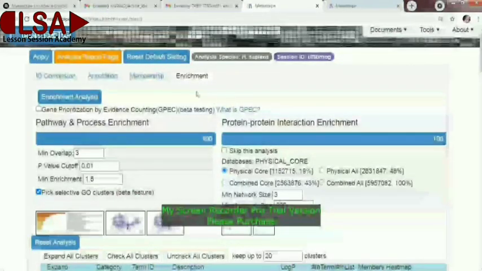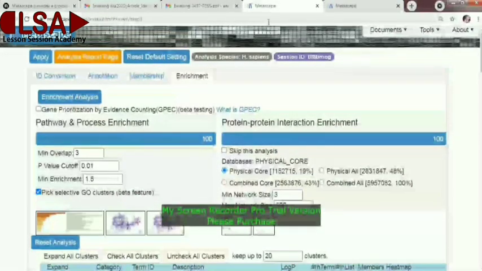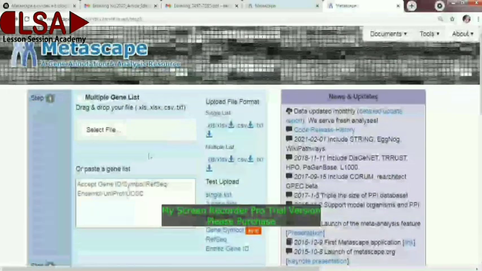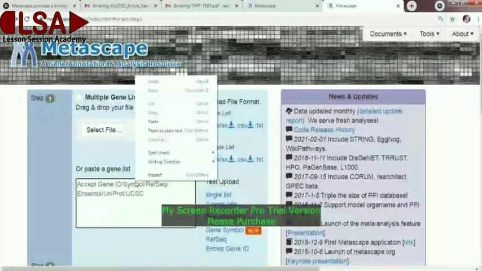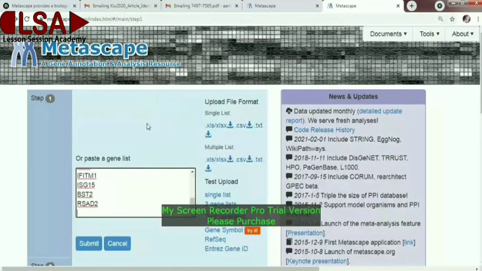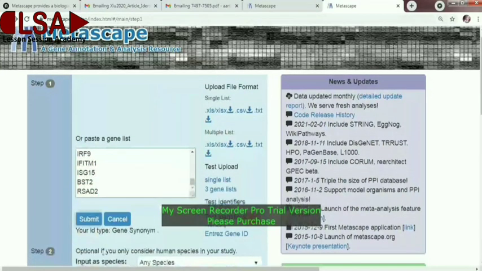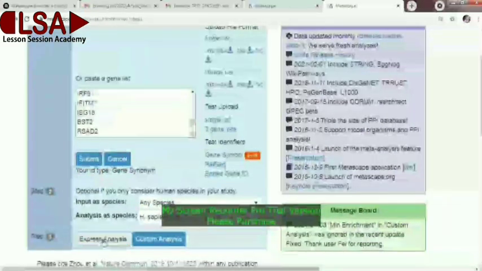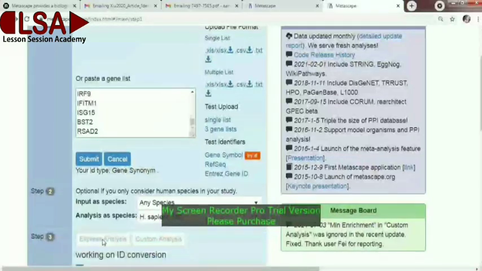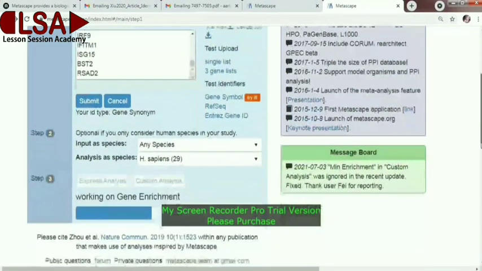So this is our custom analysis, and you can also do it by default without changing any parameter. You can do the analysis with default parameters using express analysis. By clicking on express analysis, you have so many analyses, so many outputs in front of you with different databases.